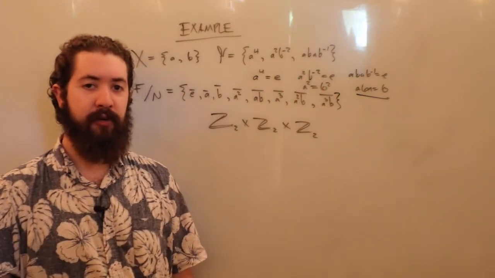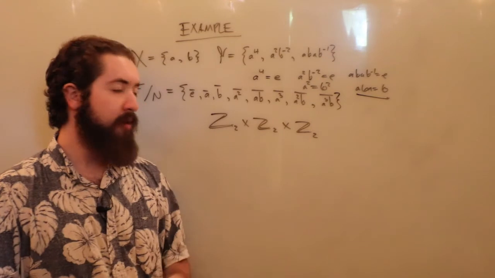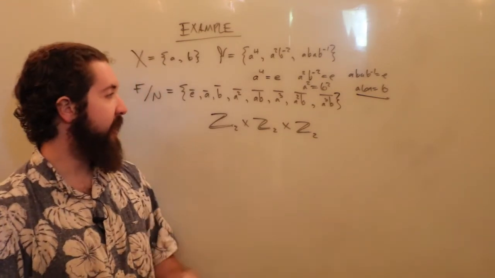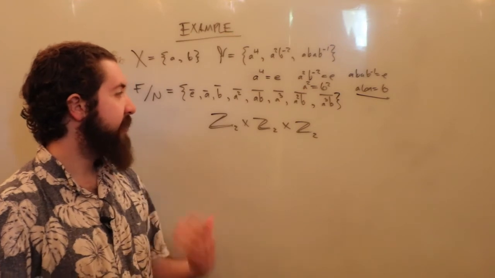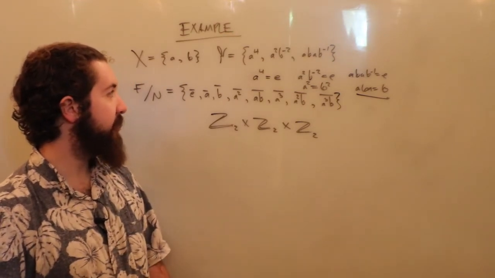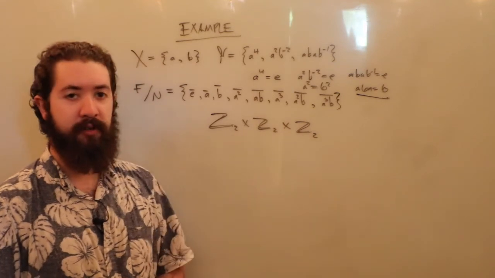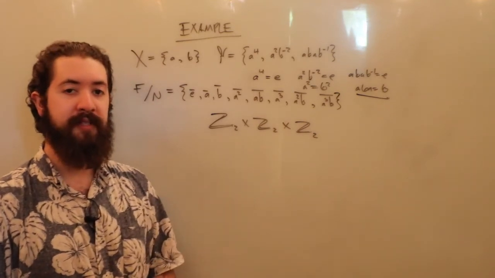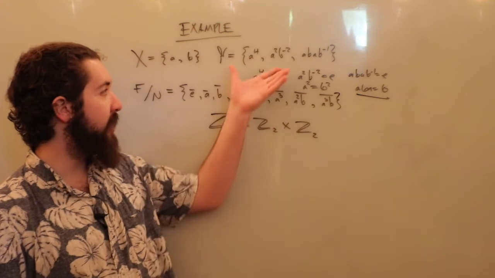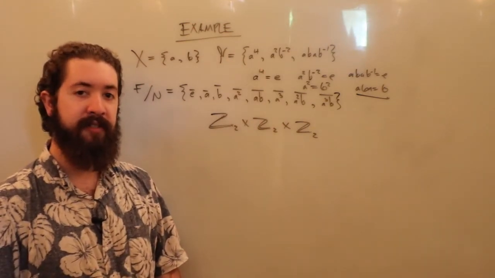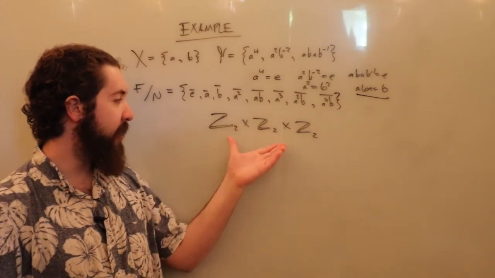What about Z2 cross Z2 cross Z2? Once again, we're going to have the same problem as before. You really get the idea by now of how we can take elements and see if they satisfy these properties. But the main issue is that this is an abelian group. The direct product of abelian groups is abelian, and we do not know that this is abelian. We just simply do not have enough information to say that, so it cannot be